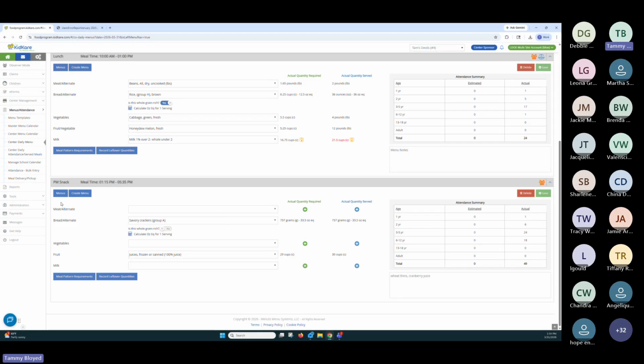PM snack. So we have savory crackers and fruit juice. And here's the issue. When we see it matched like that, it's just very obvious that you didn't count how much you actually served. You have options here. You know that based on the number of kids you have, you served 2 boxes of wheat thins.